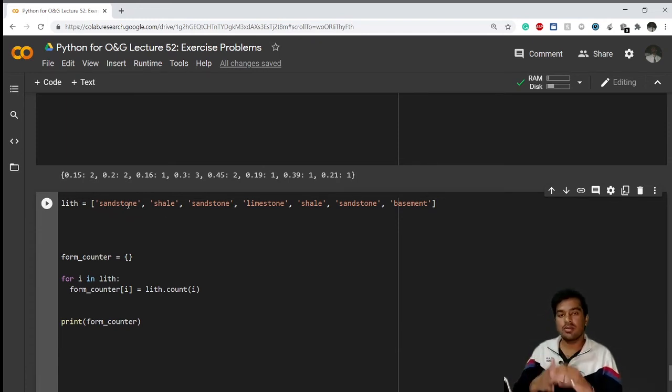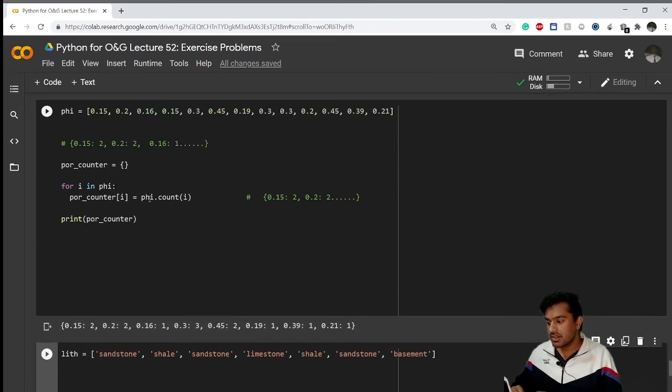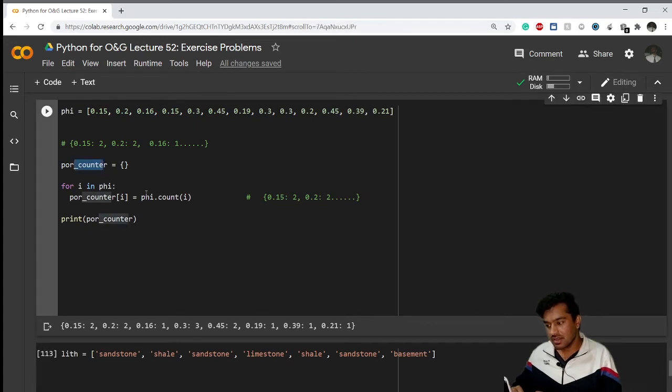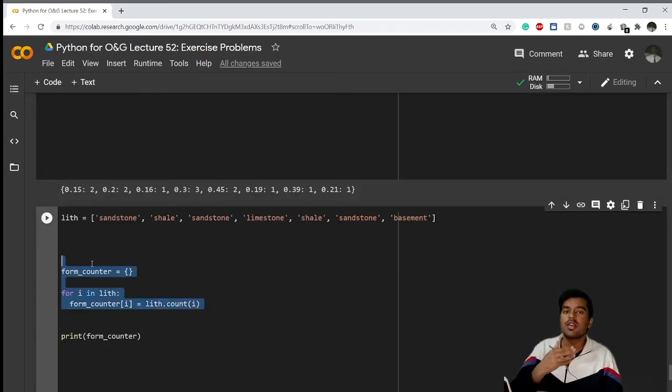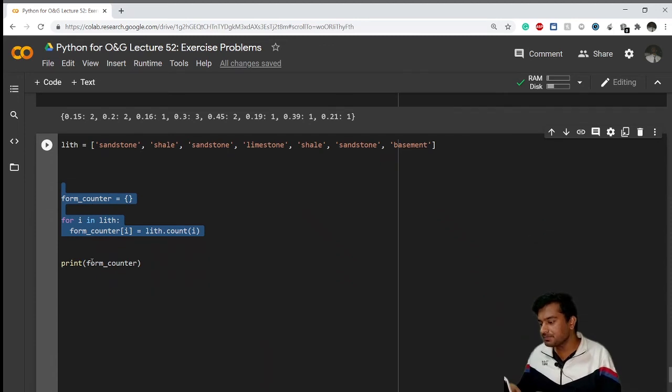Means the number of lists there are, we'll have to write the same amount of code each time. But instead, we can do it with a function. I've told you before why we use functions: it prevents us from repeating the code again and again. You can see I have just changed the names of the dictionaries and lists, although the code structure is pretty much the same here and here. So now let us see the alternate method